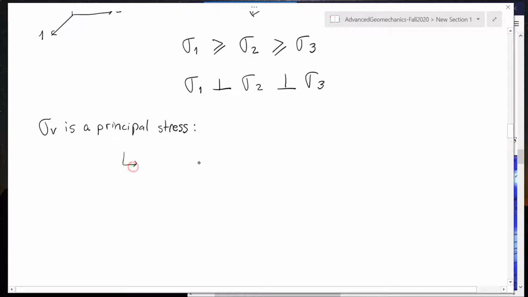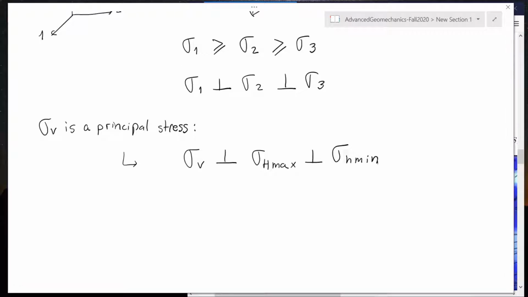But for the moment, let's assume that vertical stress is a principal stress, and therefore sigma v is going to be perpendicular to two horizontal stresses, which are also going to be principal stresses. And from these horizontal stresses, the maximum principal stress, I'm going to denote it with capital H. I'm going to call it sigma H max. And this is going to be perpendicular to another horizontal stress, perpendicular to sigma H max, perpendicular to sigma V, that is going to be sigma H min. All right, so